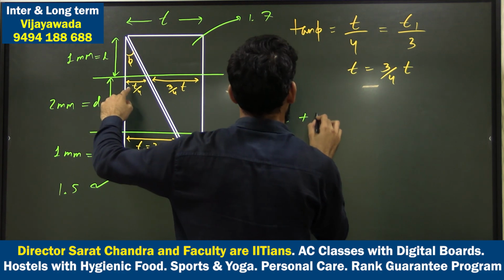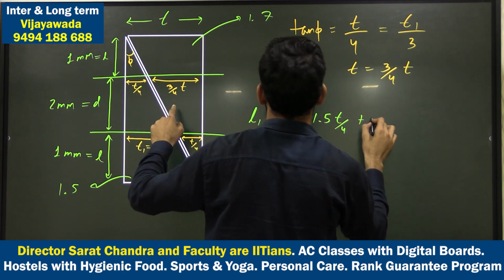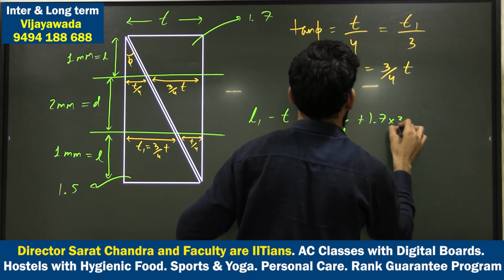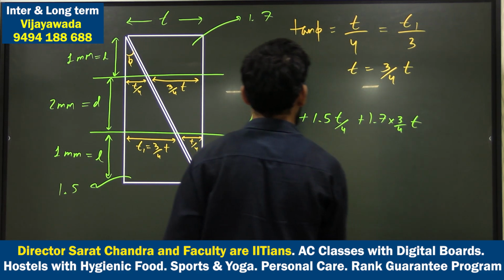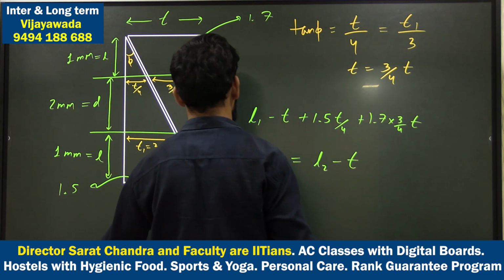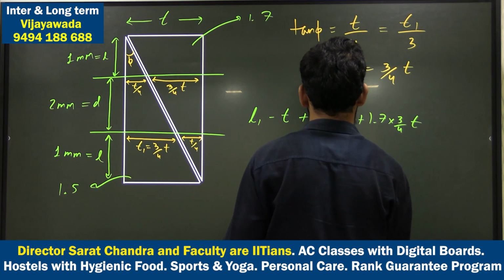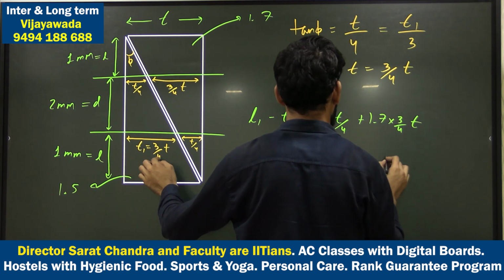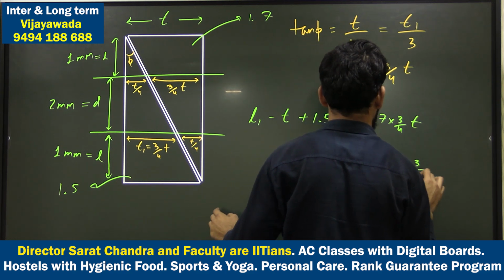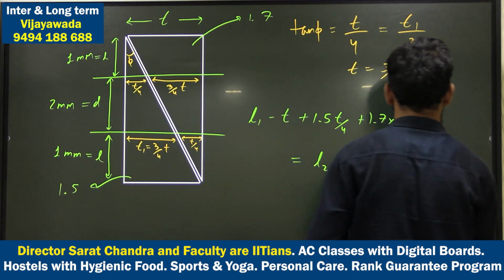L1 minus T plus, here this is L1, minus T plus refractive index 1.5 into T by 4 plus, here refractive index 1.7 into 3 by 4 T is equal to L2 minus T. This is L2, this side, L2. L2 minus T plus here 1.5 into 3 by 4 T,